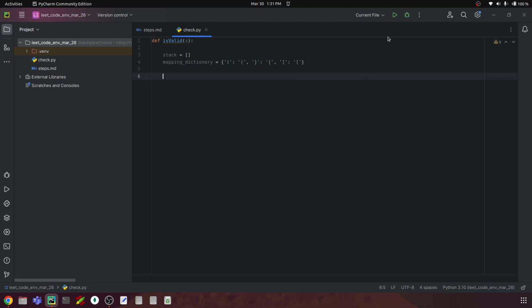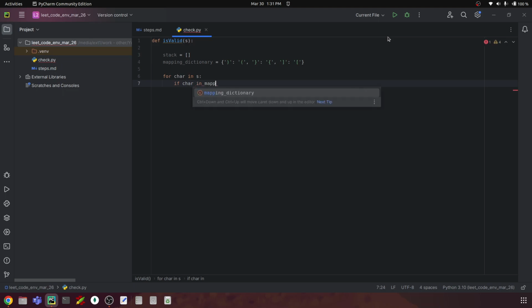So now I'll say for character in s, so we are iterating through the string s, and if this char is in the mapping dictionary. The main idea of this particular step is to add all your opening brackets to your stack variable. Okay, so let's say if character in mapping dictionary, I'm going to set top element